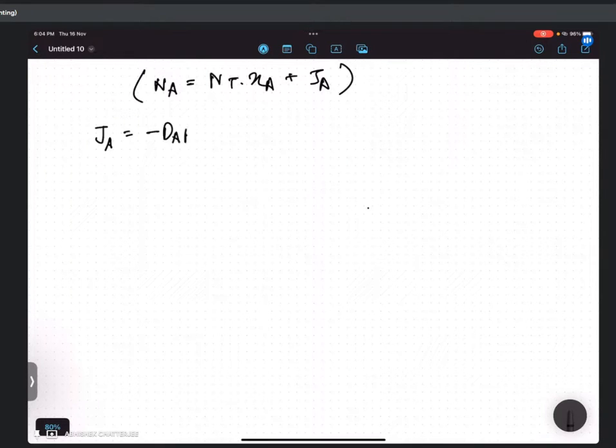So see here. What is the general equation of mass transfer? It is Na is equal to Nt into Xa plus Ja. Now before that, let us understand one more thing, that is what is our Ja. So Ja is given by minus Dab into dou Ca by dou Z. Everyone will be knowing this also. This is known as your